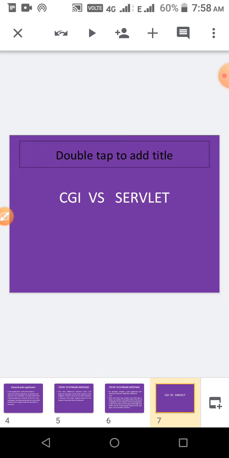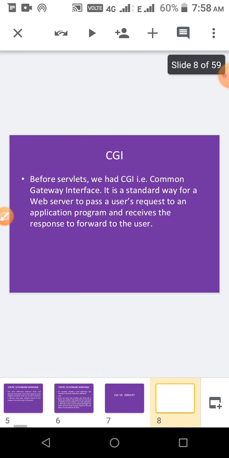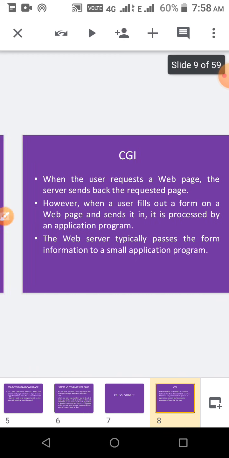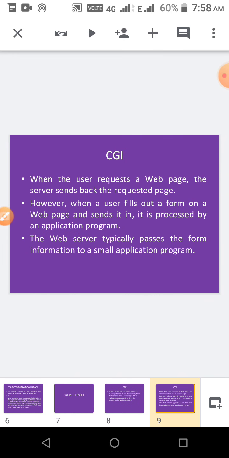Next we will compare CGI versus servlet. Before servlets, CGI was used, that is Common Gateway Interface. It is a standard way for the web server to pass a user's request to an application program and receive the response to forward to the user. When the user requests a web page, the server sends the requested page.